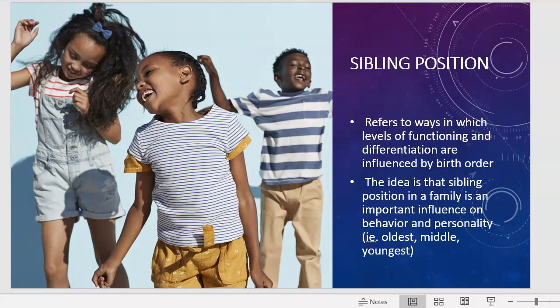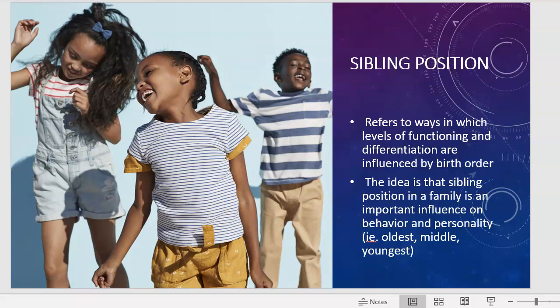And the younger child may get the benefit of learning from their older siblings and also maybe being nurtured more, or maybe being able to benefit because the parents have already gone through child discipline with the older two, and by the time the third child comes along, there's more permissiveness within the family, or the expectation that the older siblings will take care of them. These are, of course, generalized. They don't play themselves out in the same way.